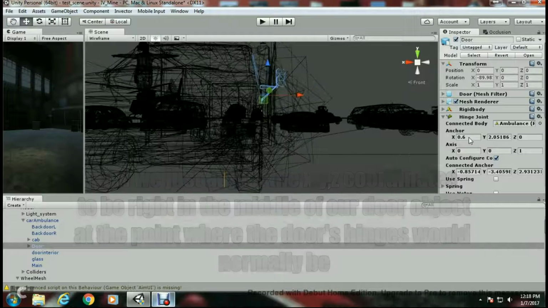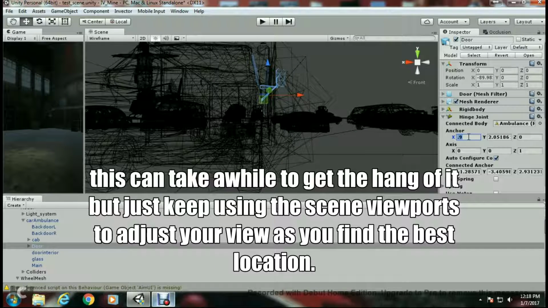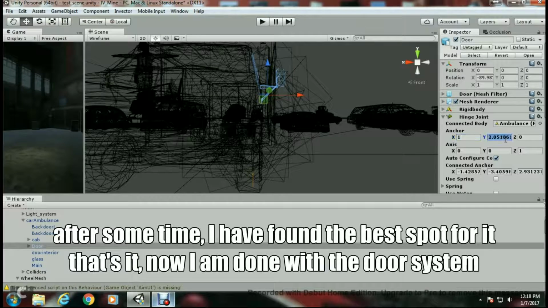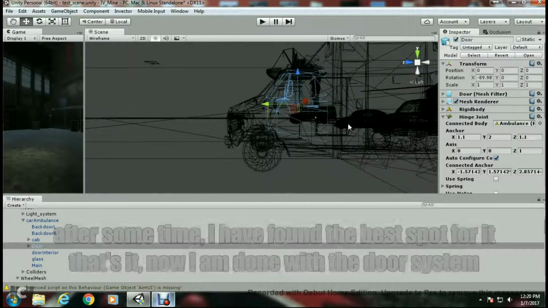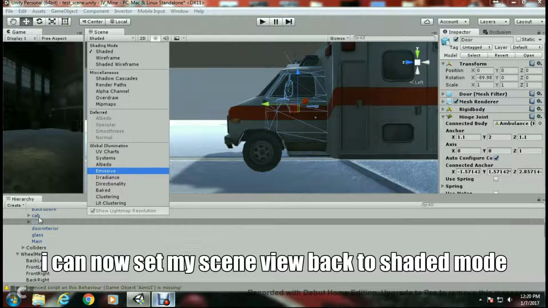The next thing to do is set the actual anchor, and the anchor is where the door is going to hinge at. So what we want to do is set it to where an actual door hinge would be. Now, most doors have 2 hinges. We're not going to go through all that, so we're just using 1. So we're going to put it right in the middle of the door, but we want it right on the edge. And you can see after some time I found out exactly where it is, and it takes some fiddling to get to,